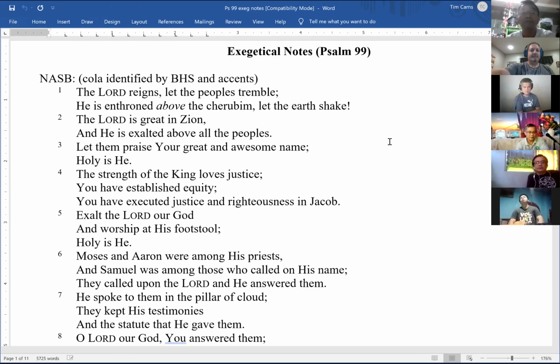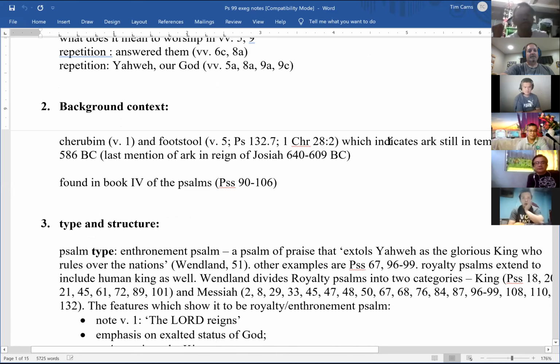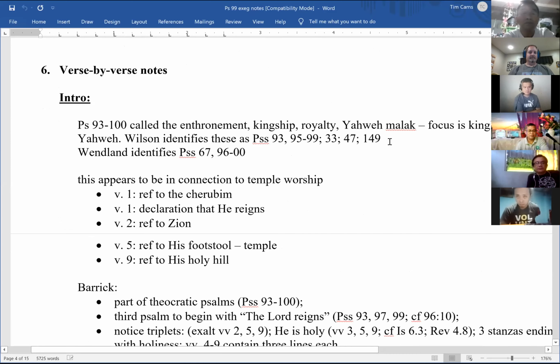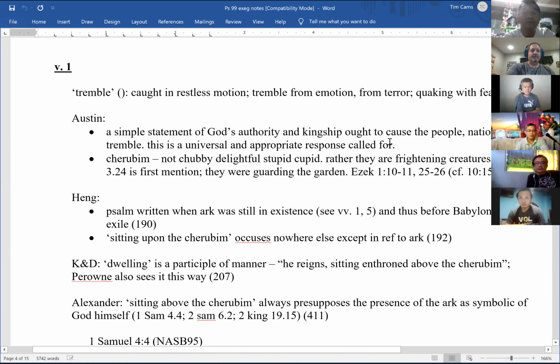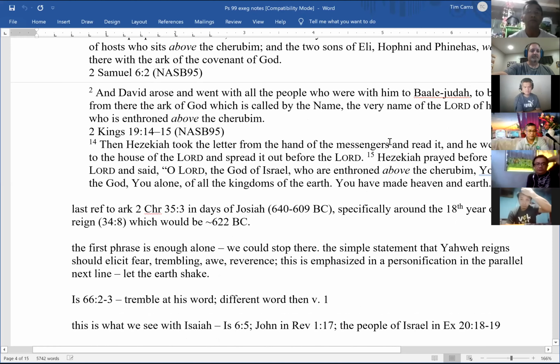So I have the passage, and then here's the steps, guys. So I do read and observe. Some comments I have, the background context. I only have a few notes here on this one. Then the structure, the outlines, the parallelism that we talked about, the figurative language we discussed. And then here's my verse by verse notes. All right? These are introductory notes for the psalm as a whole from different authors. Then verse 1, I have various comments from the different resources, Keil and Delitzsch, Hengstenberg, Joseph Addison Alexander. All right? Verse 2, verse 3,